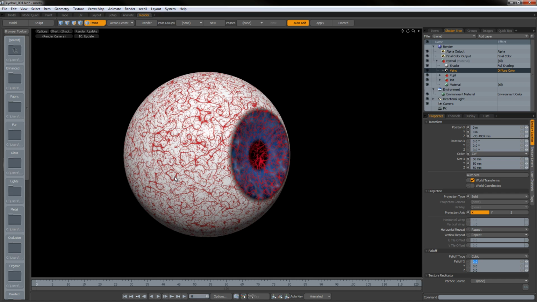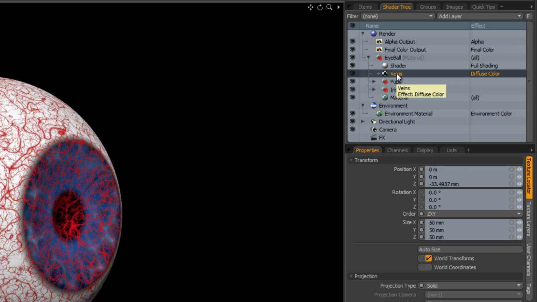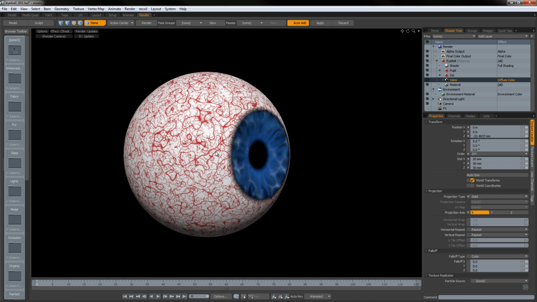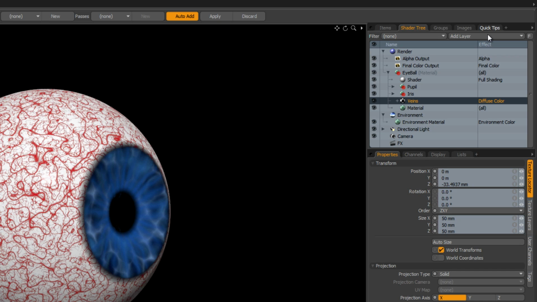Okay, so I've got that, and I'm thinking I probably don't want the T virus going on all this madness. One thing I could do is take this and drop it below that stuff, because whatever's sitting on top of it will override it. I like what's going on here in the middle part, but I don't like that it goes all the way to the iris. Not really digging that. So I need to come up with a way to change that, and I think we already know the answer. The quick way would just be to do a gradient. So I'm going to add a gradient,